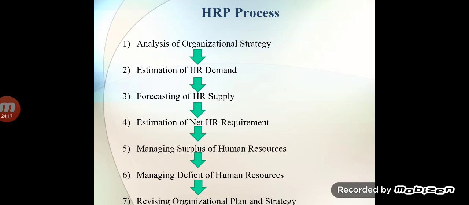This process, these steps, are called managing surplus of human resources, and the same thing is implemented on the deficit side. Whatever method we implemented for the finance department, the requirement of employees is 10, but we have 8 employees. So for deficit of human resources, we will bring these 2 employees from other departments, the employees who are able and eligible to perform these activities.